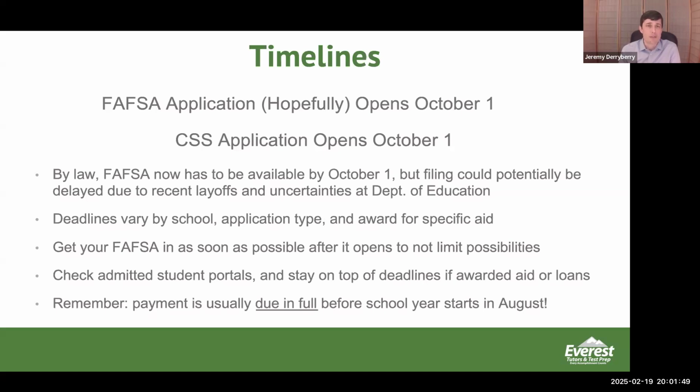Unfortunately, for the FAFSA, your kid is going to be the point person as far as getting communications from the Federal Student Aid Office. So you also want to be diligent about reminding them to check their email boxes and their student portals once they've gotten their acceptance, because you may get a financial aid offer when they get their acceptance. It may also come several months later, depending on how the school does their applications.